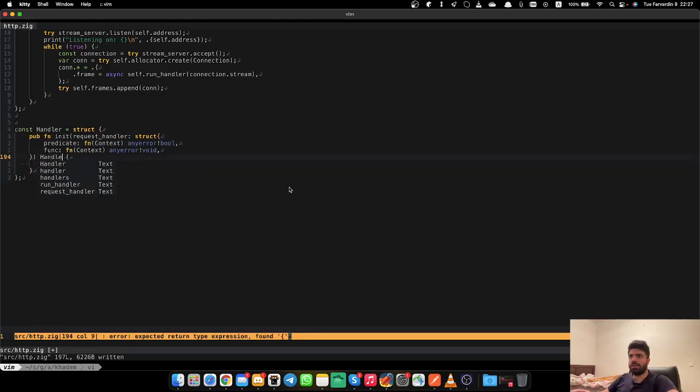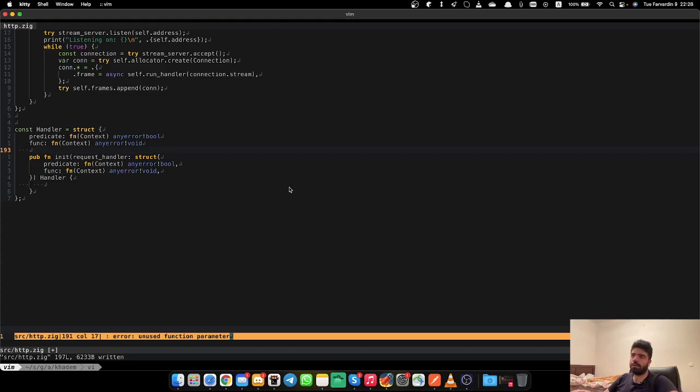And this will return handler. Okay, and handler has a function, has a predicate, which is of this type, and a func which is of this type, and also has